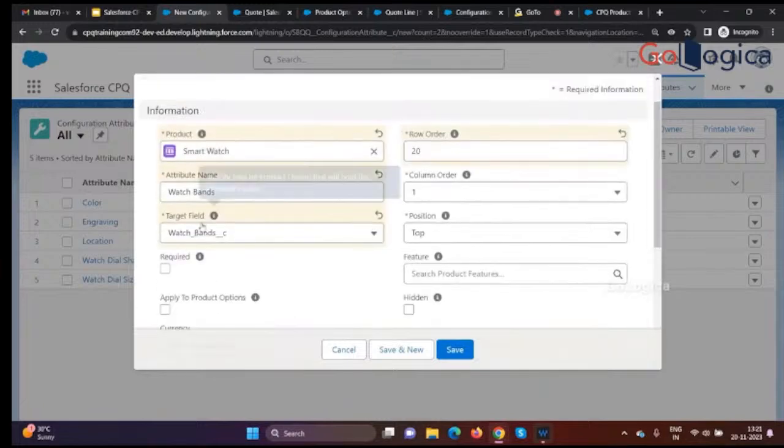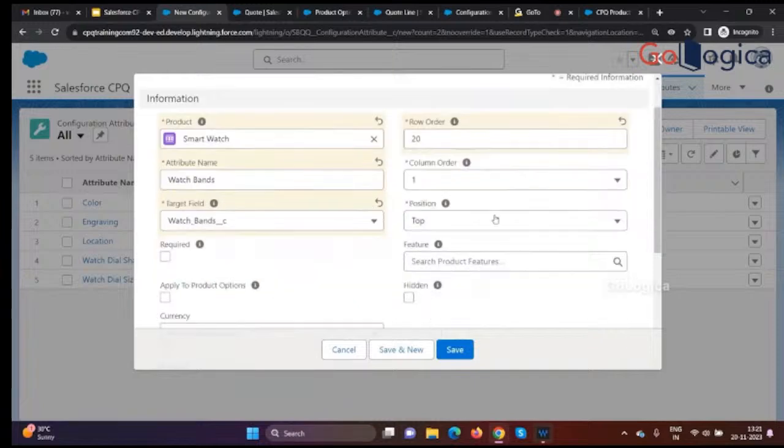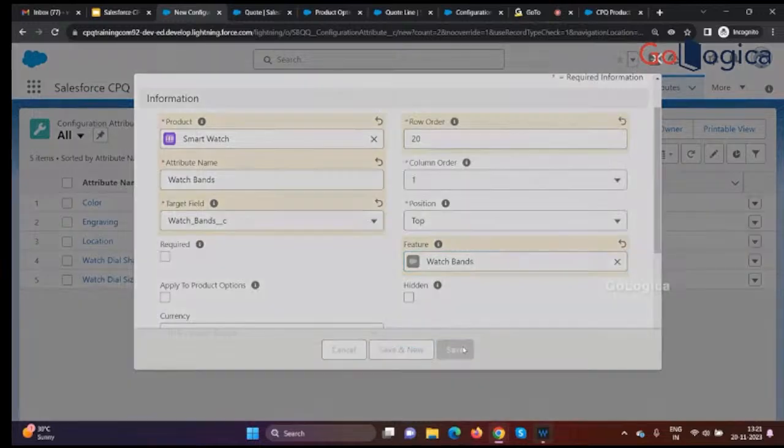And then there is one more thing over here. So over here you have a feature button. So I can choose a feature. So where I want this watch band to display. If I choose my feature, it will display under the feature. If I don't choose it, it will show above the feature. Okay. So right now I will choose the feature. So I've chosen my feature, which is watch bands over here. And then if I click save, it will show it. So once I click on save,